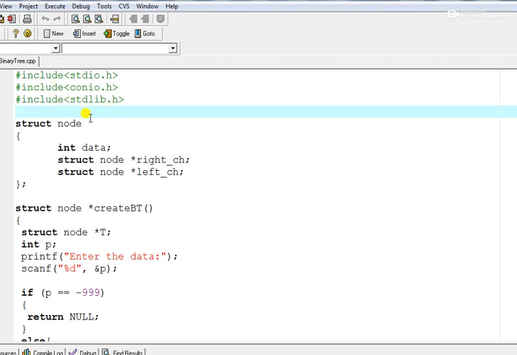Here you can observe I am declaring a structure, that is a struct node. It has the data field and it has two pointers, the right child and left child. Struct node pointer right, struct node pointer left. Okay, then